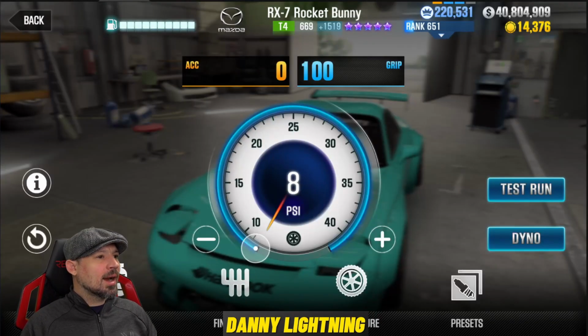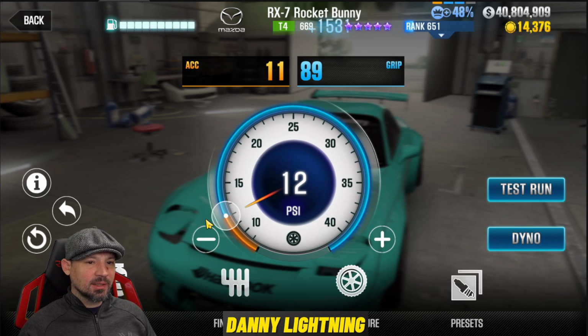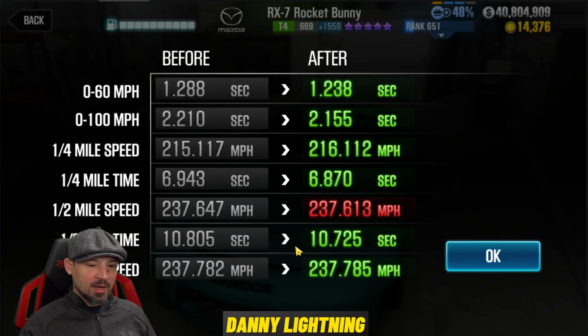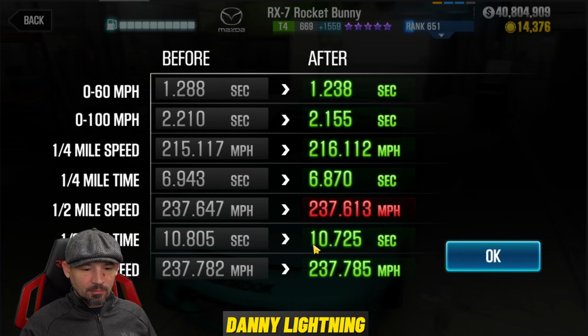So on this car, I do have my tires on 8 PSI, which means it's got as much grip as possible. Now, if I were to come up here and do maybe something like this, all right, I am going to lose some Evo points. I mean, I actually gained some time on the dyno. But